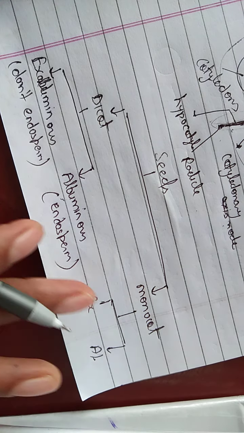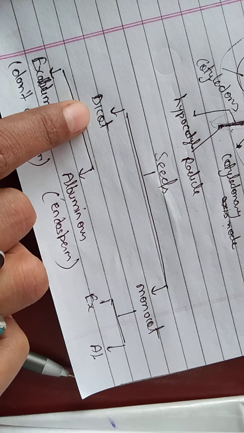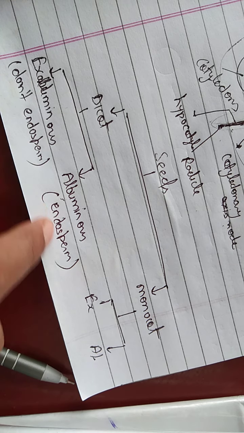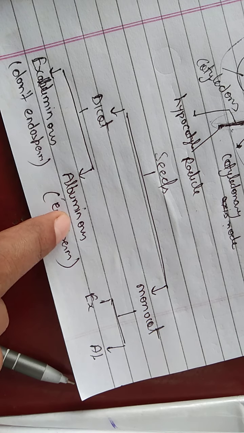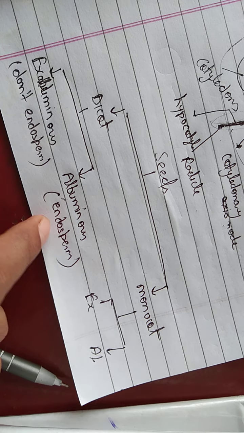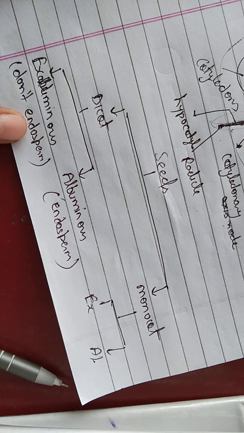Okay, simple. We just discussed the structure of dicot seed. Previously, in the previous video, we discussed the seed: what is seed actually, how it is formed, and where it forms. Seed is mainly of two types, monocot and dicot, on the basis of number of cotyledons, and it is again divided into exalbuminous and albuminous on the basis of presence and absence of endosperm. If endosperm is present, it is albuminous, and if endosperm is absent, it is known as exalbuminous seed.